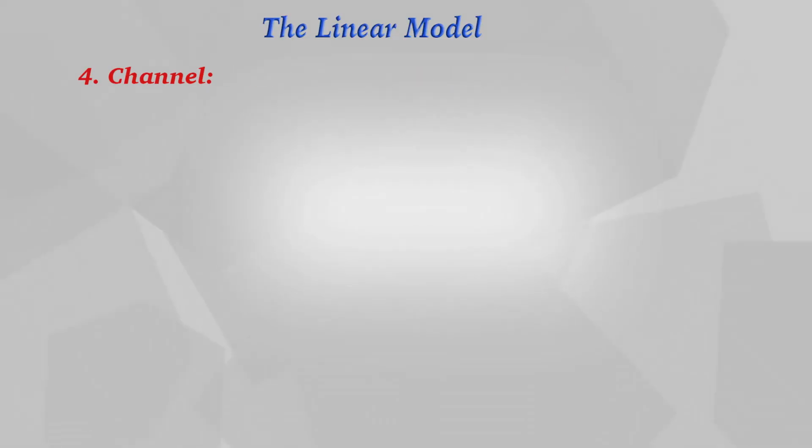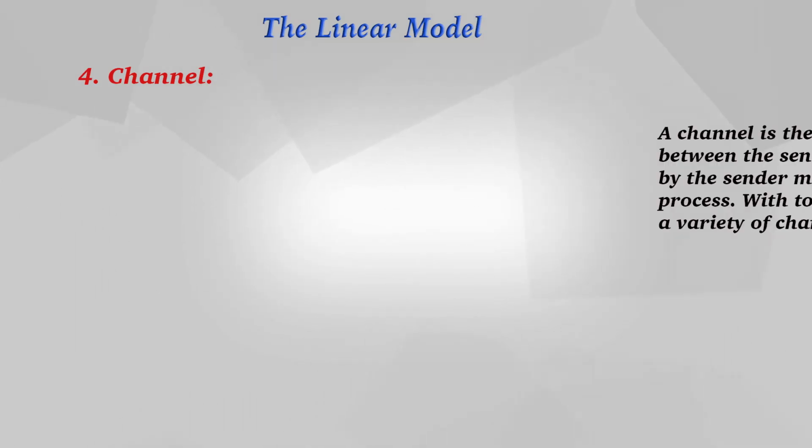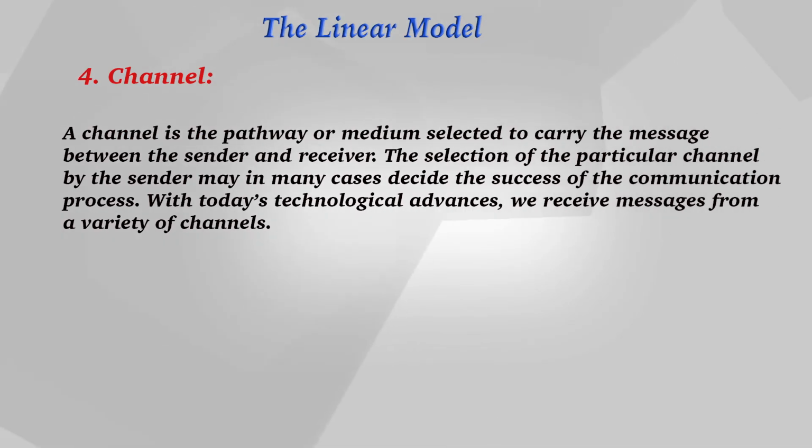What specific examples would help the employee understand? So all these things come into the mind when you are encoding the message. Next element is the channel. A channel is the pathway or medium which is selected to carry the message between the sender and the receiver. Now, the selection of the particular channel by the sender may in many cases decide the success of the communication